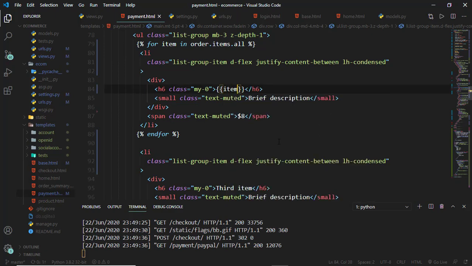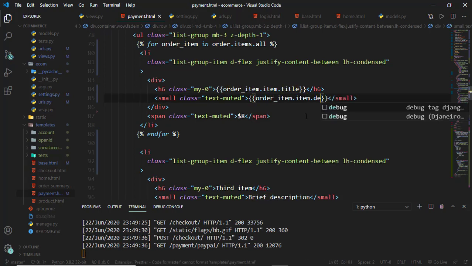So we have item dot, that is the order item, so we can replace that with order item. So for order item in order.items.all, then it is clear to say this will be order item.title. To go further, and we can copy that and replace that there,